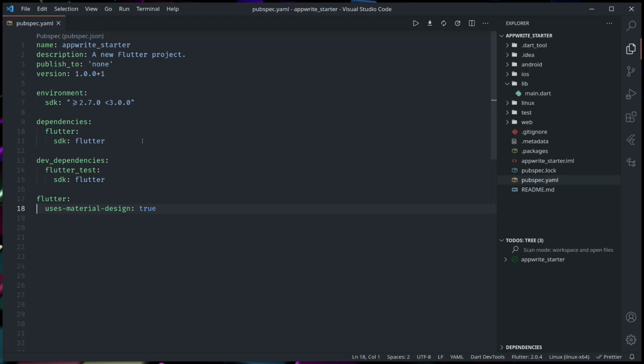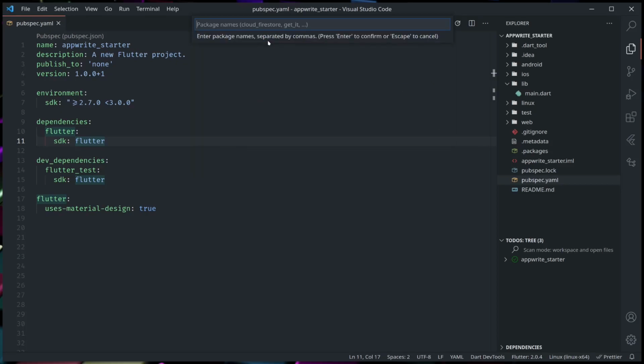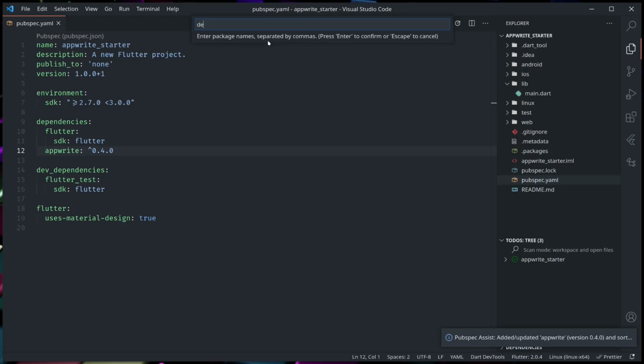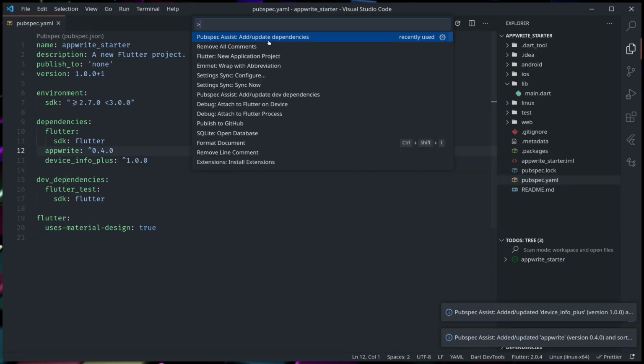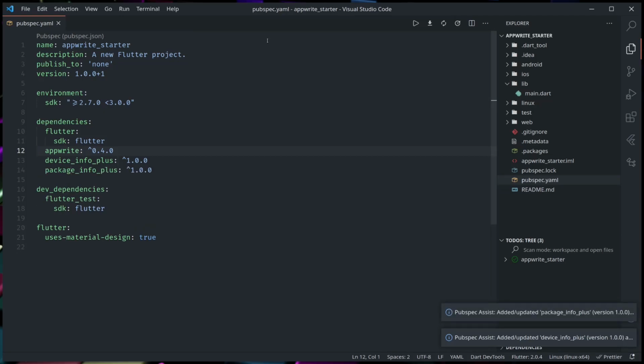Again, for setting up dependencies, I'm using the Pubspec Assist extension in VS Code. You can search for it. Let's add dependencies. So Pubspec Assist is the package extension for VS Code. Add or update dependencies. First will be Appwrite, then device_info_plus, package_info_plus,